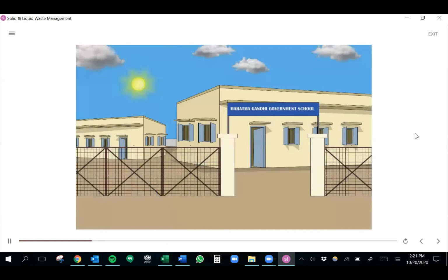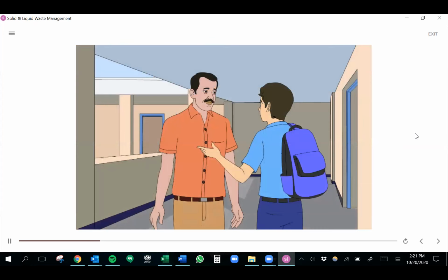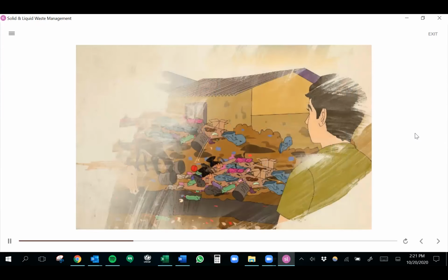Next morning, he went to school and discussed his concern with his teacher. His teacher was moved by Sunil's concern about the unhygienic condition of the village and that he wanted to bring some change to transform the face of the village. He promised Sunil to help him and get the cleanliness drive initiated by involving Gram Panchayat. Let's dive deep into this module to learn about managing waste. Select Next to continue.